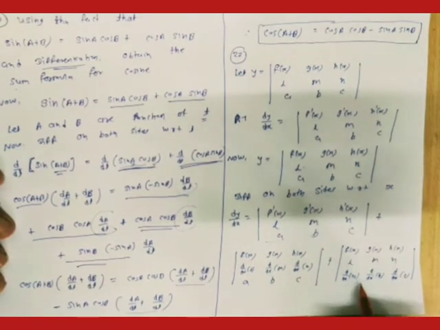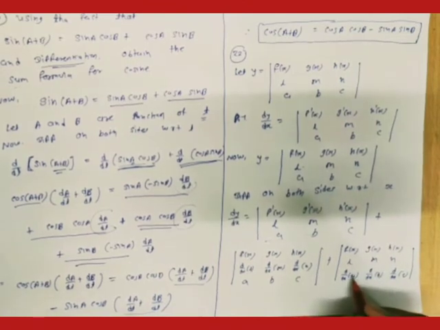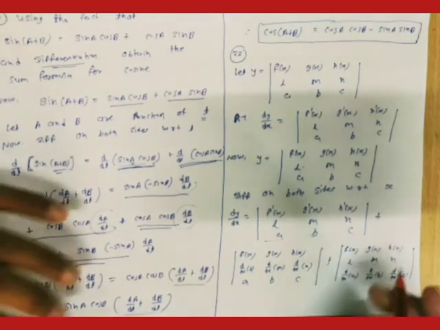Plus again a, b, c are the constants. So differentiation of that constant with respect to x is also 0. Therefore, for this third term, these three elements are also 0. So the value of this determinant is also 0. So 0 plus this determinant. And that's why we'll get our answer